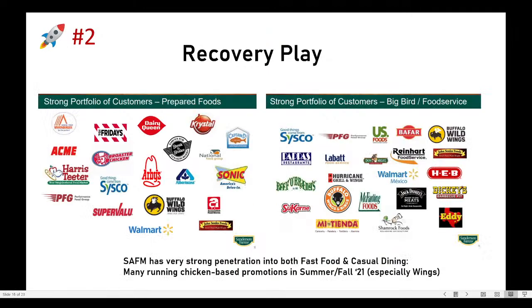Next, even though Sanderson actually grew during 2020, during the pandemic, something that most analysis I read didn't really pick up on is the fact that they suffered while they grew. They have a huge restaurant business, both in fast food as well as in mid-market chains like Buffalo Wild Wings or Dickey's Barbecue Pit, which, if you're ever in the United States, is well worth eating at. It's really delicious. These two segments have obviously been hit very hard by the pandemic,